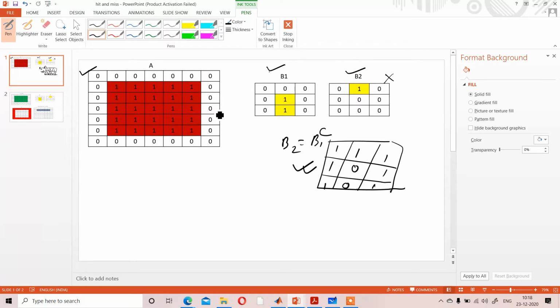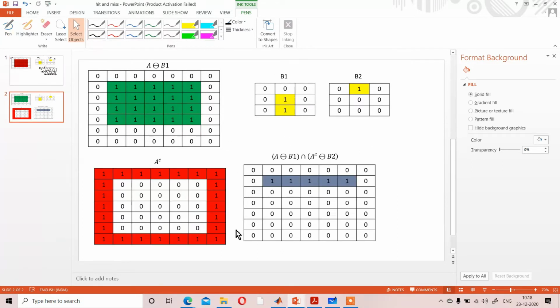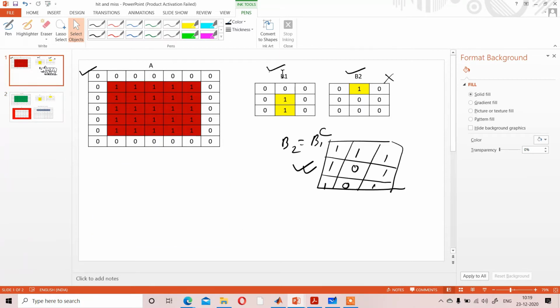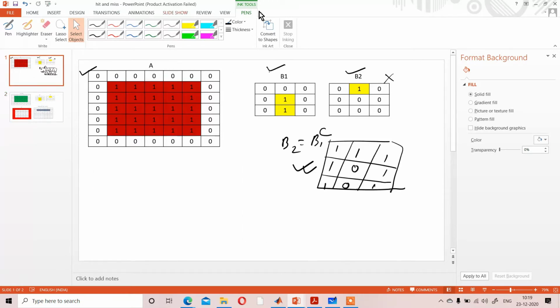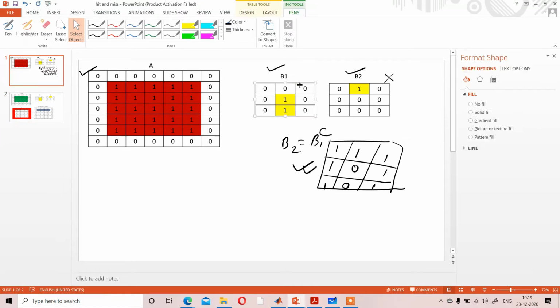So what will be the operation? Check it. First you have to do the erosion of the original image by B1. I think I don't need to show you, you know how to solve the erosion process.